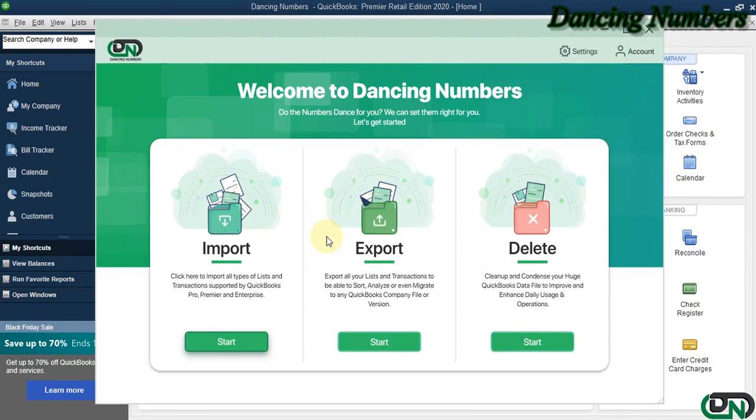After installing and connecting Dancing Numbers with QuickBooks Desktop, we can start importing, exporting, or deleting the information. To import any type of list or transactions supported by QuickBooks Pro, Premier, or the Enterprise solutions, we can click